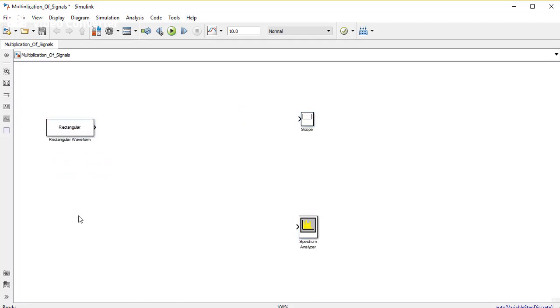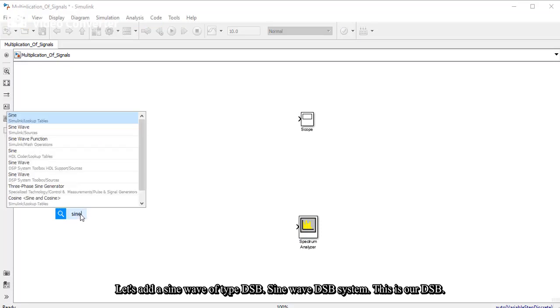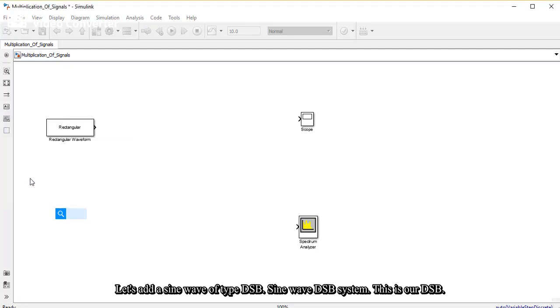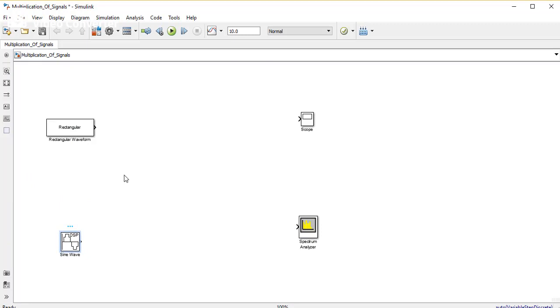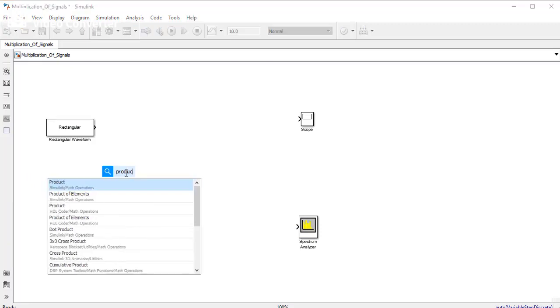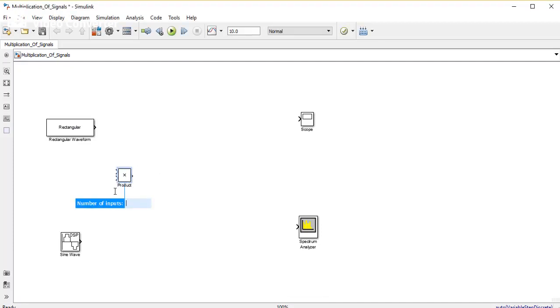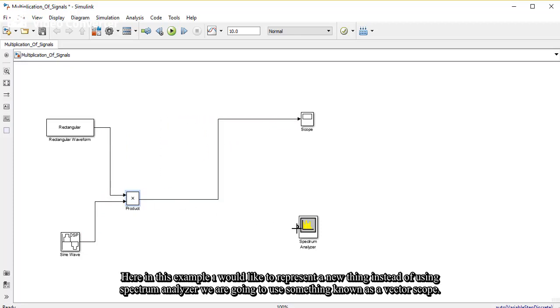This is a rectangular. Let's add a sine wave of type DSB, the sine wave DSB system. This is our DSB sine wave, and we're going to add a product. We're going to do the connections. Here, in this example, I would like to represent